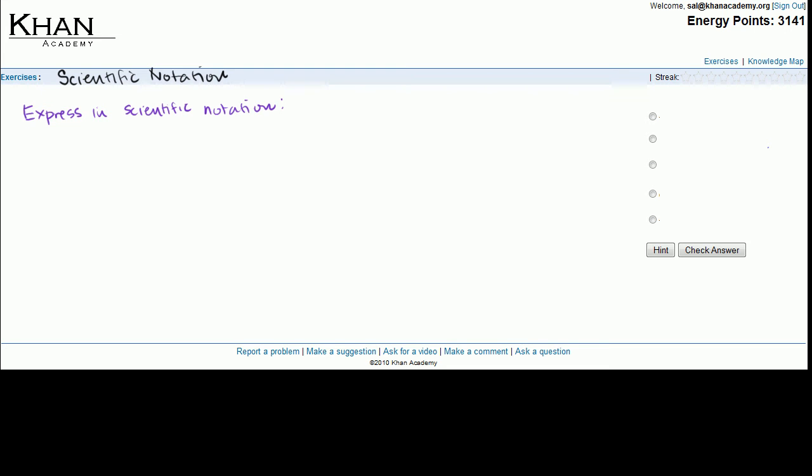This is a spec for the module on scientific notation. We'd want to write this in black. Express in scientific notation. And we'll give them numbers both greater than 1 and less than 1. And then we'll also do it the other way. We'll give it the scientific notation, and then they have to choose the decimal notation. So for the ones where we give them the decimal notation, and they have to go to scientific, one example